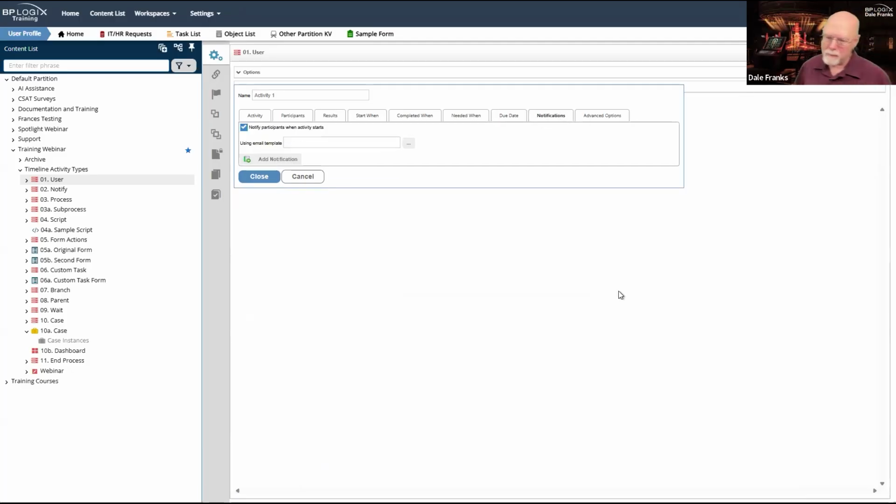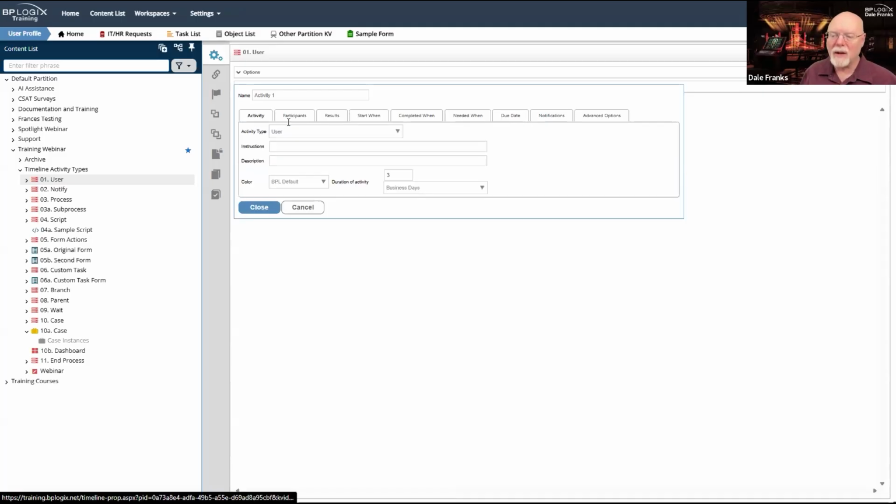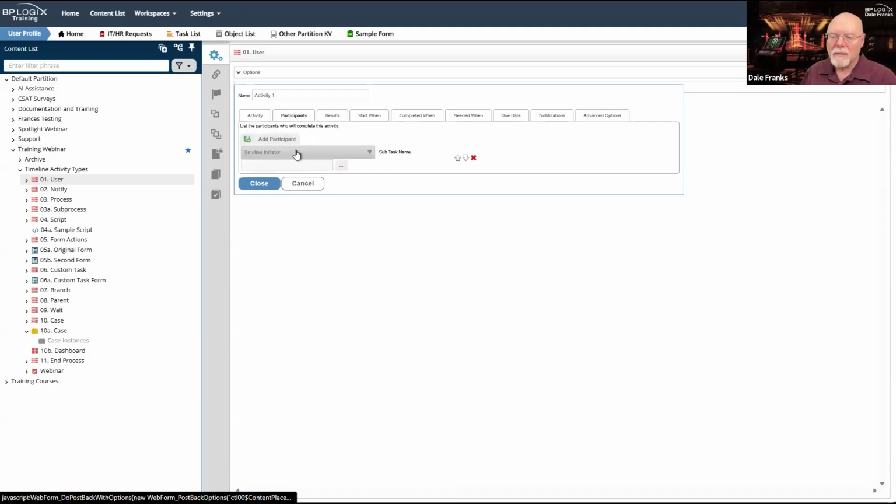One big caveat. On the notifications tab, you're actually seeing two entirely different types of notification. One notification type sends the task notification to your users. Right, so let's say this activity is applied to the timeline initiator.